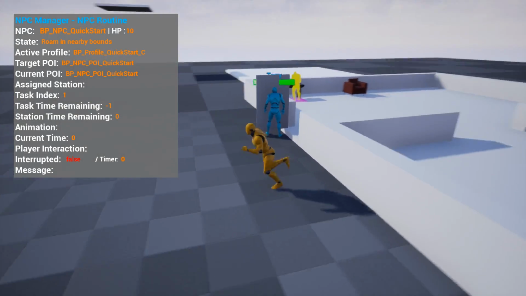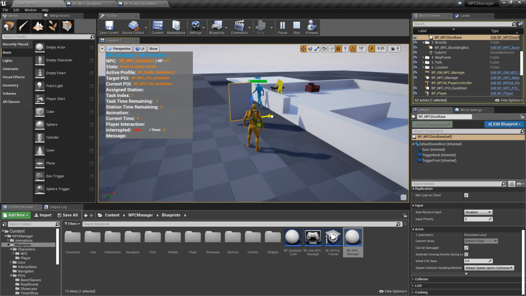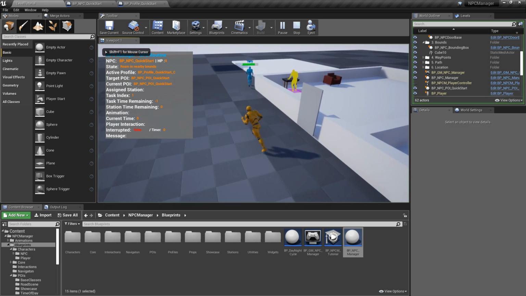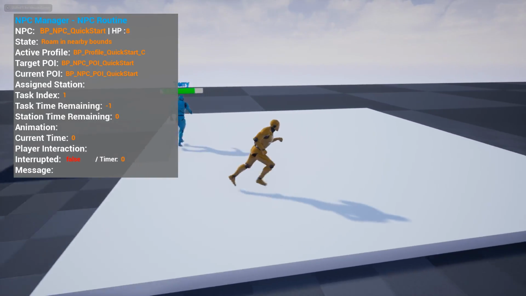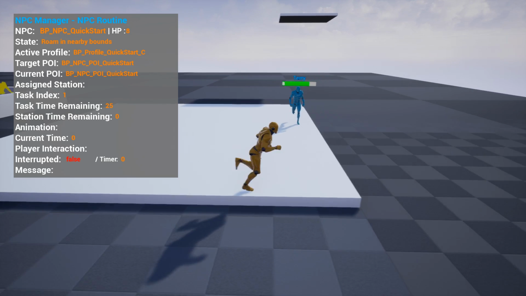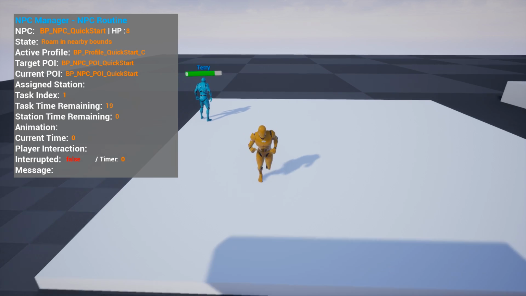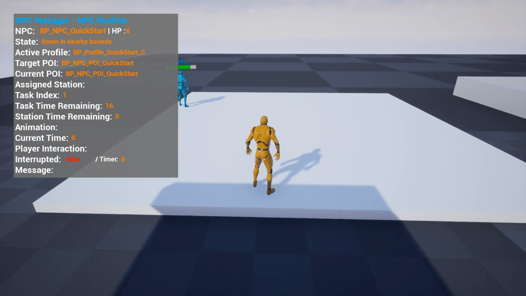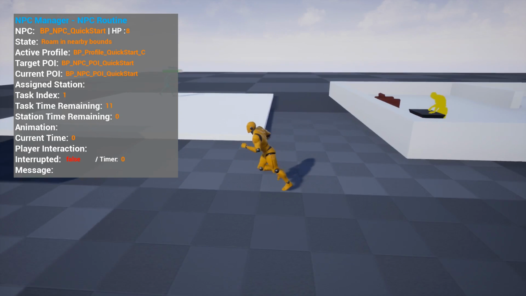Oops. And seems like he got stuck. So for the sake of the video, I'm going to move him out of the way. And you can see that, I'm going to maximize here again, he's going to the bounds area here. And once he arrives at that location, notice that the task's time started. See that 26, 25, 24, 23, etc. There you go. And then once this task time ends, he's going back into the POI,